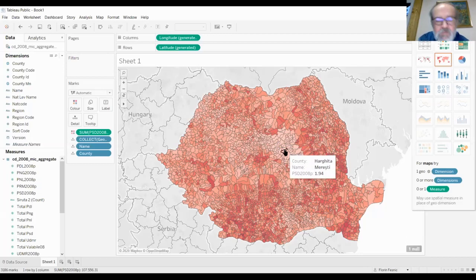So any Romanian party other than the Democratic Hungarian Union will get very few votes. And now we have the map that we wanted to get.